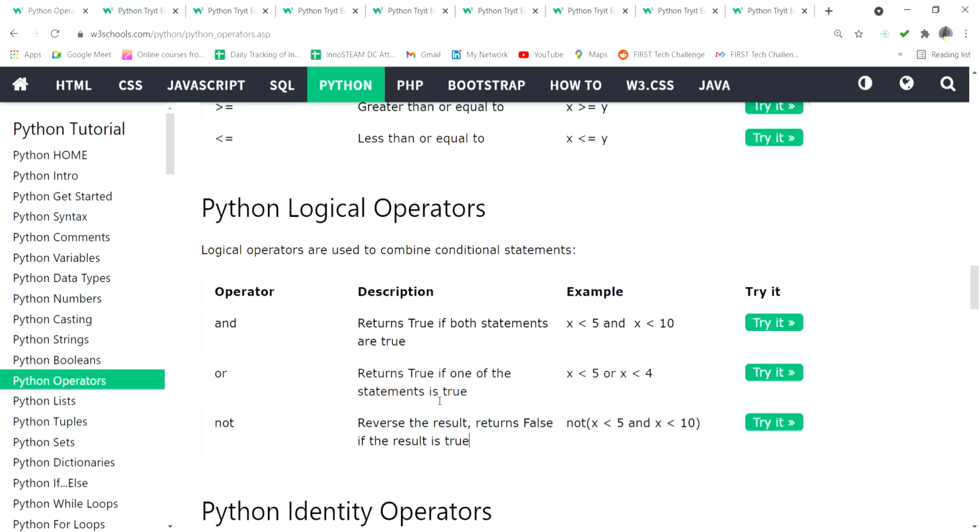if conditions mostly. Before yesterday we saw only one condition. If x is greater than y, then you can do this activity. But if you put and, it means two conditions you want to satisfy, then only you can do this activity. Suppose even one condition is not satisfied,